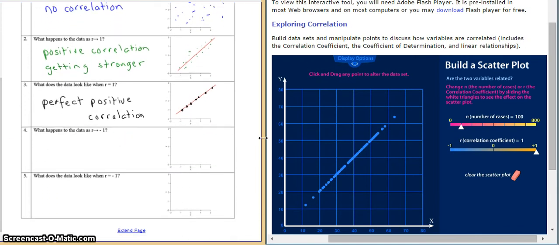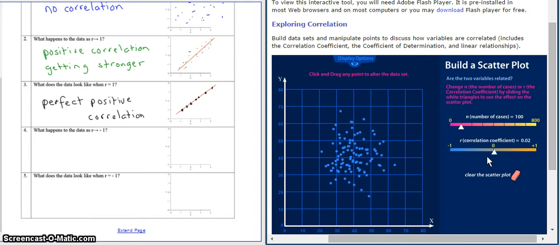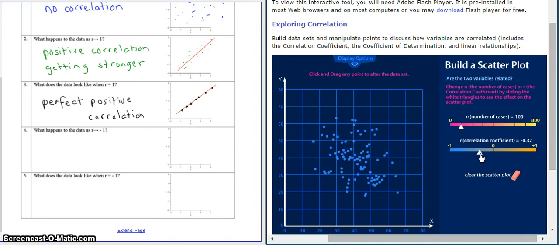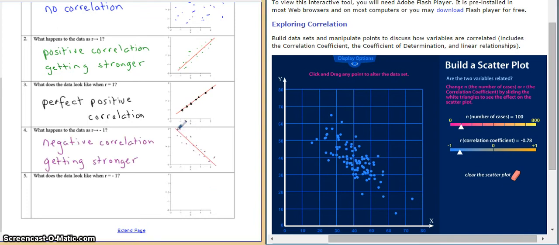Now let's take a look when r approaches negative 1. So we'll put it back to 0. And now what happens when the r approaches negative 1? Hopefully you'll see that the trend is now becoming negative, and the closer you get to negative 1, the stronger the correlation. So the line would be going in a downward trend, and your points would be getting closer to the line